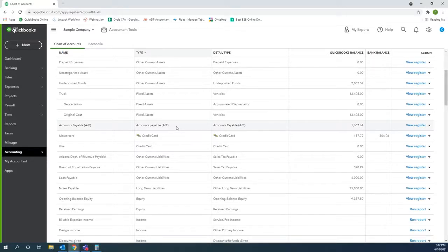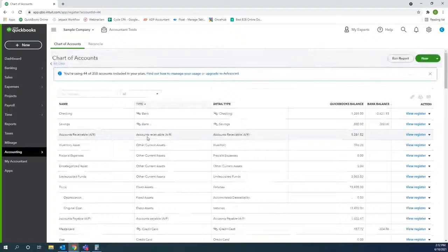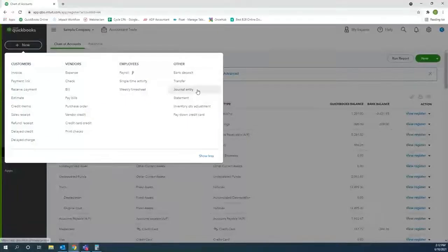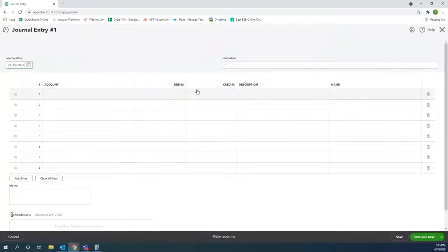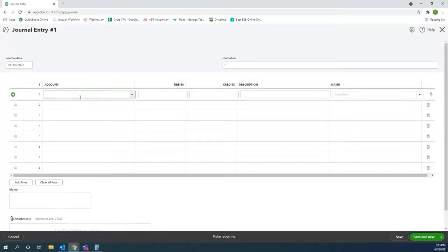And I'm going to show you how to post a loan to your books. So this may look a little bit different because I'm in a sample file on QuickBooks Online, but you should have the same function. So you will go to New, and you'll have a journal entry. So let's say this month you purchased a truck and you're financing that truck. So I'm going to put here,